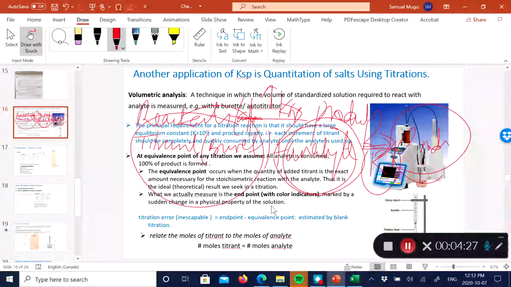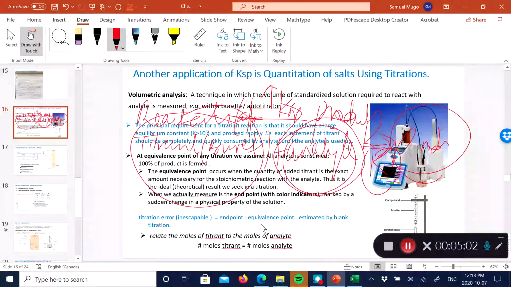But remember, an end point is always erratic, because it requires you to add a little more titrant than you need to react with the analyte for you to see the end point. And so the titration error, which is inescapable if you're doing the color type of indicator titrations, is the volume at which you see the end point